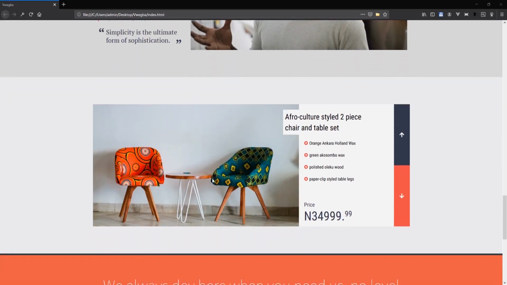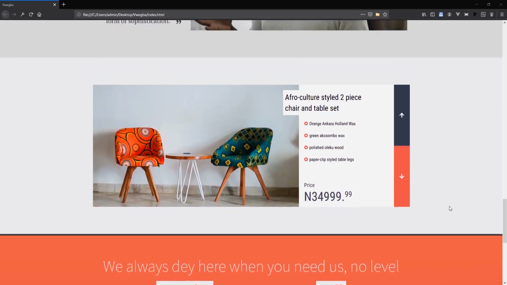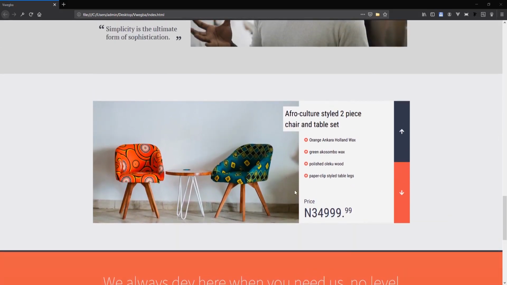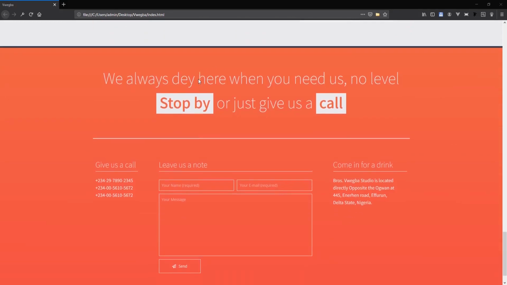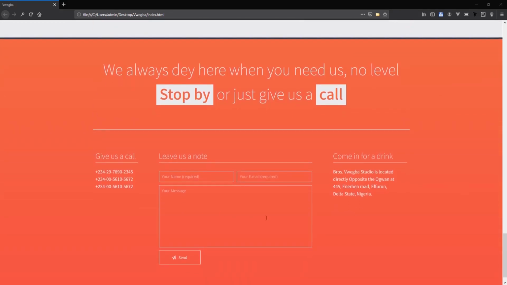To get all these fine things, I'll show you. This one will be a section, like a showroom, where you see they scroll through different pictures. If you click up, you go to the next picture, click down, you go to the next one, or the previous one. Then they show you their price and those kinds of things. Then you see the way the form is for the contact and everything.